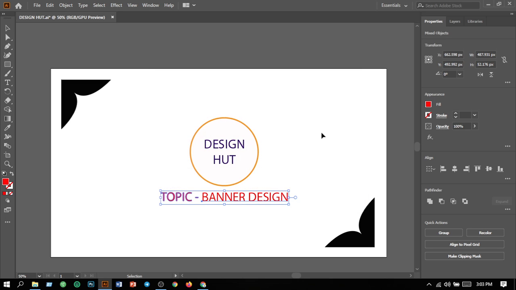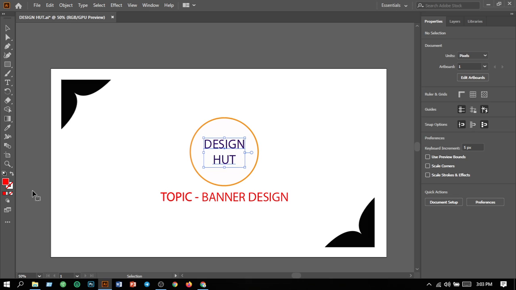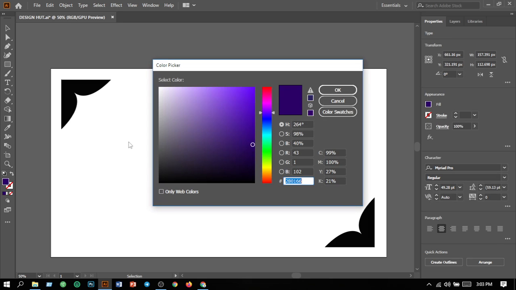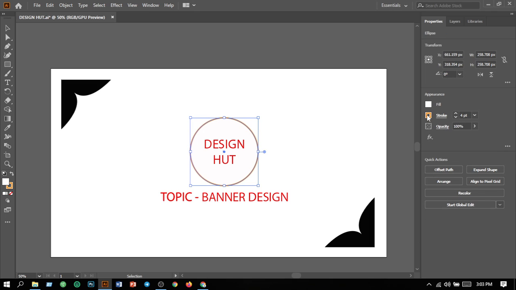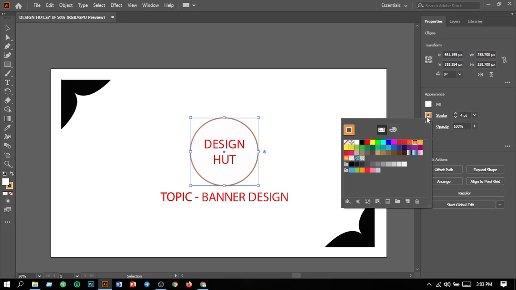As red, and also its color will be the red, and this stroke color